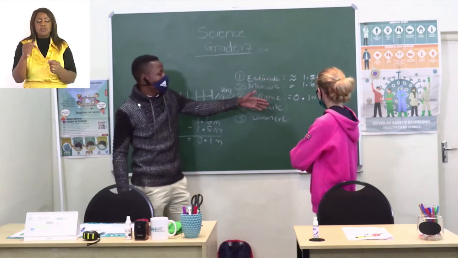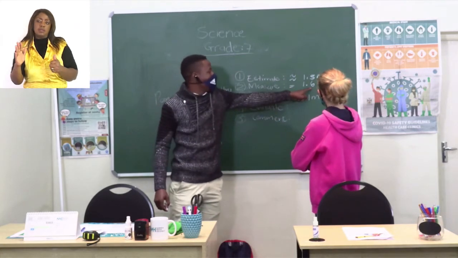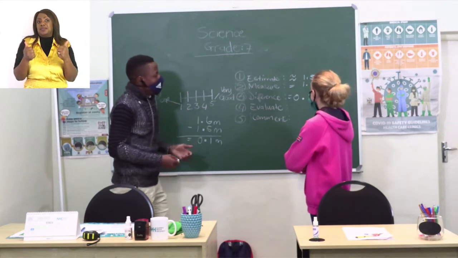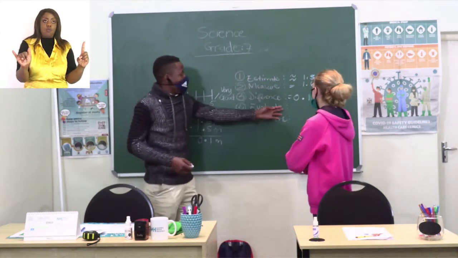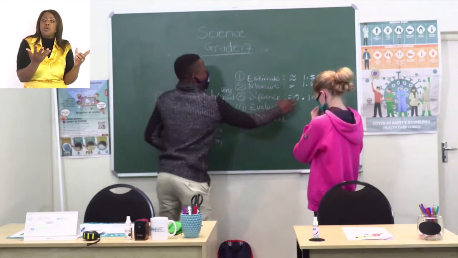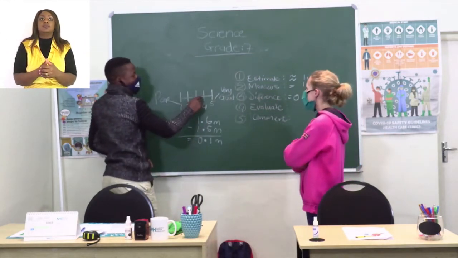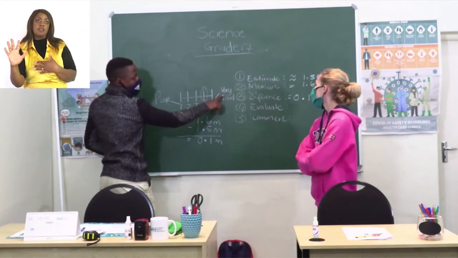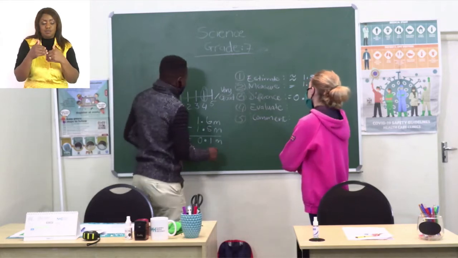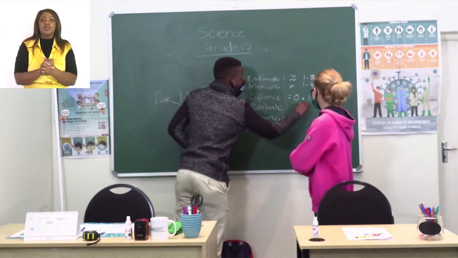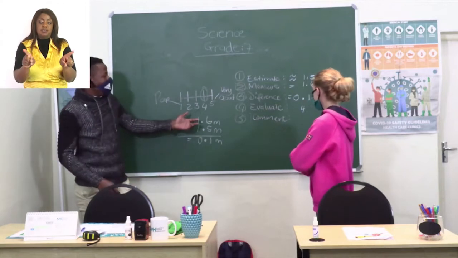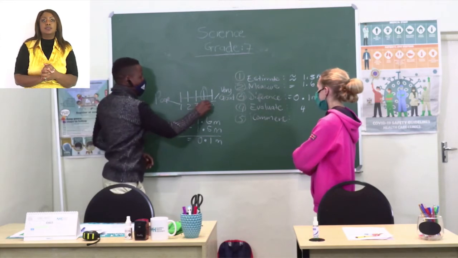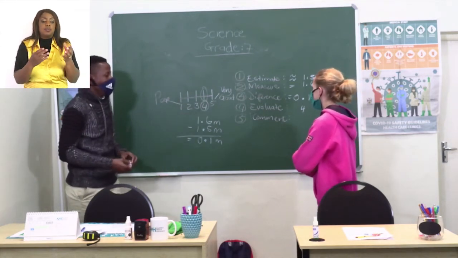When you have 0.1 meter, and the measure is 1.6 and your estimate was 1.5, it means I was so close to the actual value. So if I evaluate myself, I'll say I was very near, so I'll give myself a 4, which is near very good. Evaluation will be 4, but when it comes to your working, you'll find there's a table like this, so you just circle your evaluation.